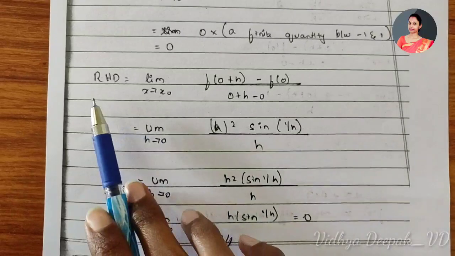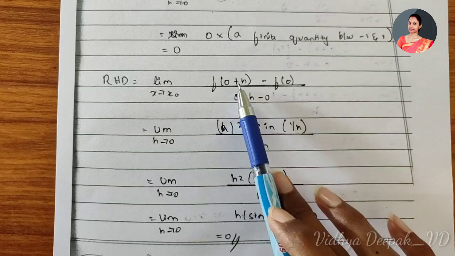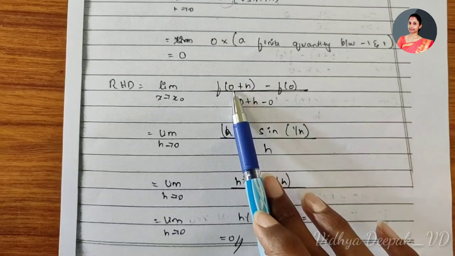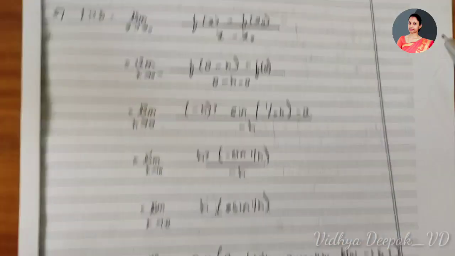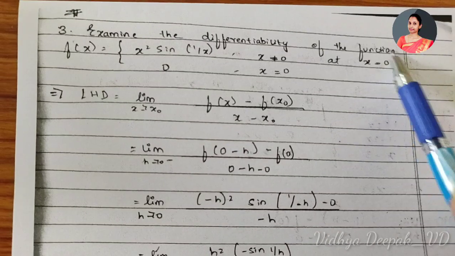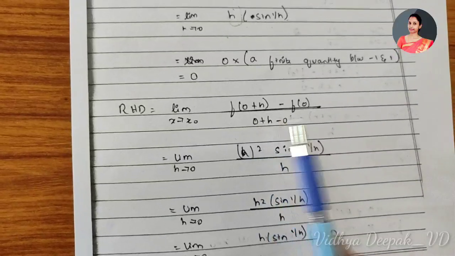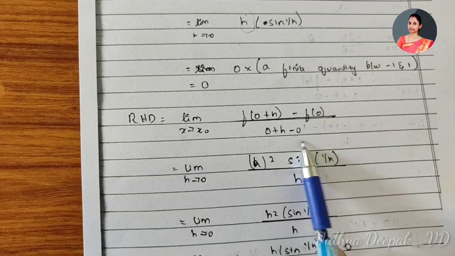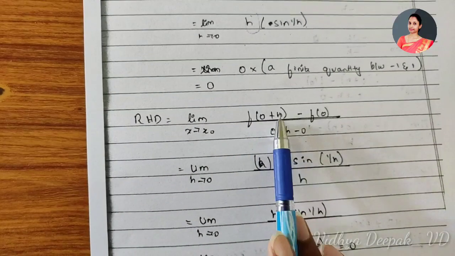Now let's find the right hand derivative. Limit x tends to x naught, f of 0 plus h. Here in the place of x we are substituting x naught plus h. x naught is 0 as usual. We are having x is equal to 0, that's why we are taking it as 0. If it was x is equal to 1, we would have taken 1 plus h, right? So now here this x we are retaining here minus this x we are retaining here. f of 0 plus h, that means f of h. h is not equal to 0.